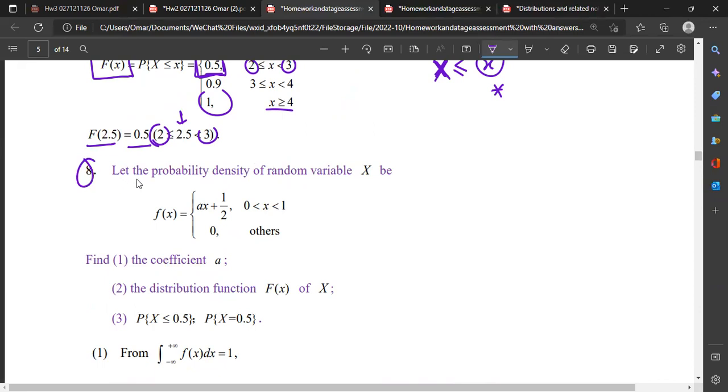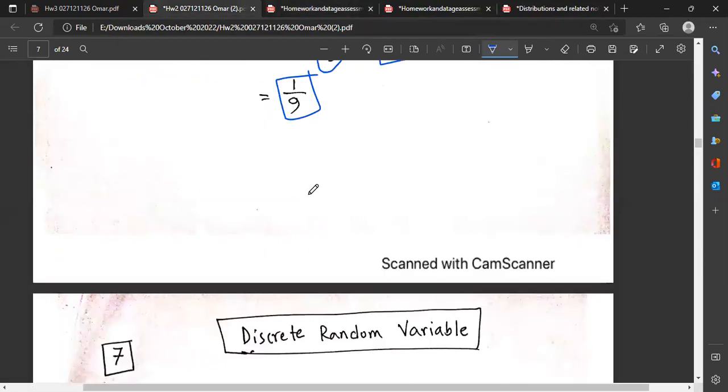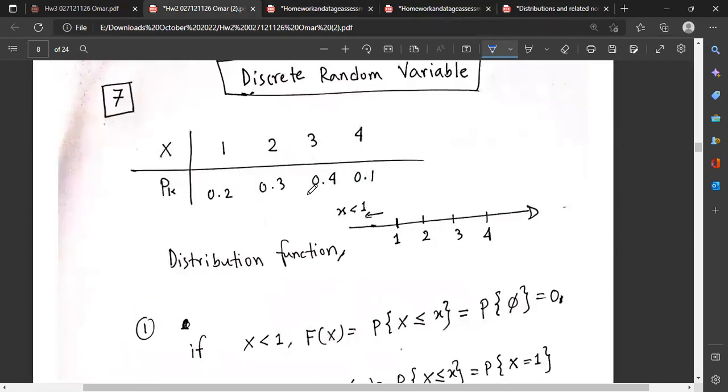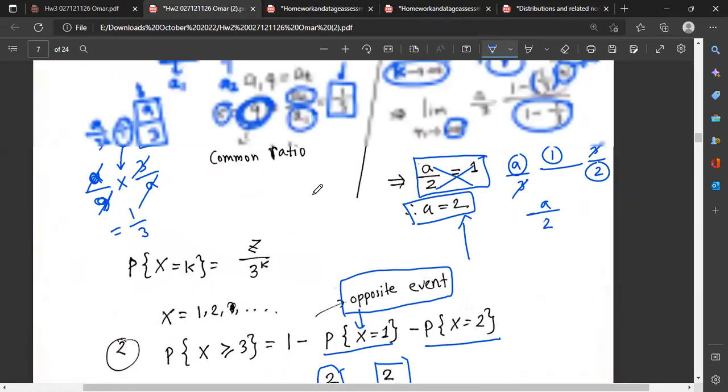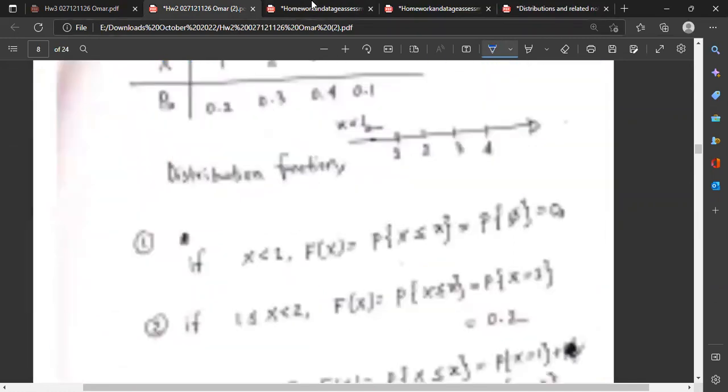Okay, and number 8, let the probability density of random variable x be f of x equal x plus half when x is greater than 0 and less than 1. And in other cases, it is 0. So when we see other cases, that is a continuous random variable, okay? All this earlier part was not a continuous random variable, but here when you see something like others,